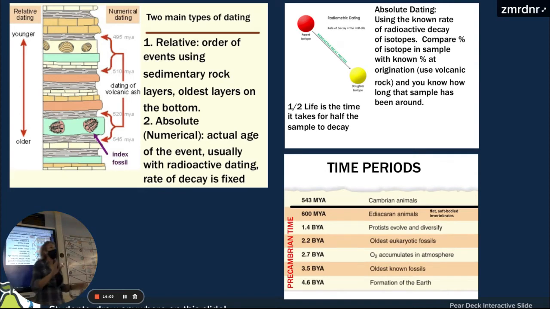Absolute dating, you're looking at the rate of decay. Remember, we talked about what's going to decay faster, a Twinkie, Trader Joe's bread, or Weber bread. Trader Joe's bread is going to degrade the fastest, right? So if we want to measure something in the short term, we're going to use the Trader Joe's isotope. But if we have something that's really old, we're going to use the Twinkie isotope. And looking at that rate of decay,